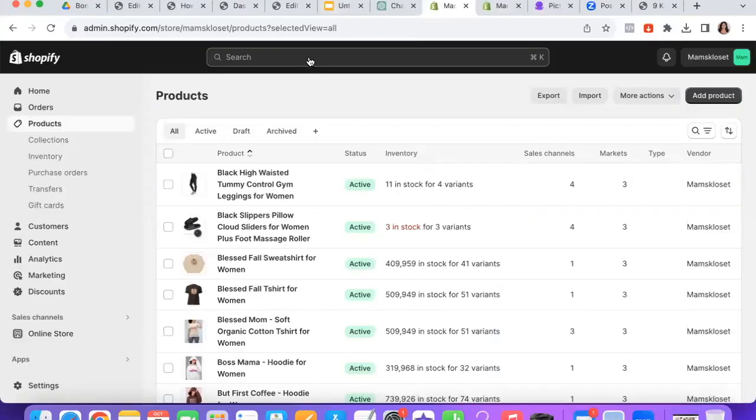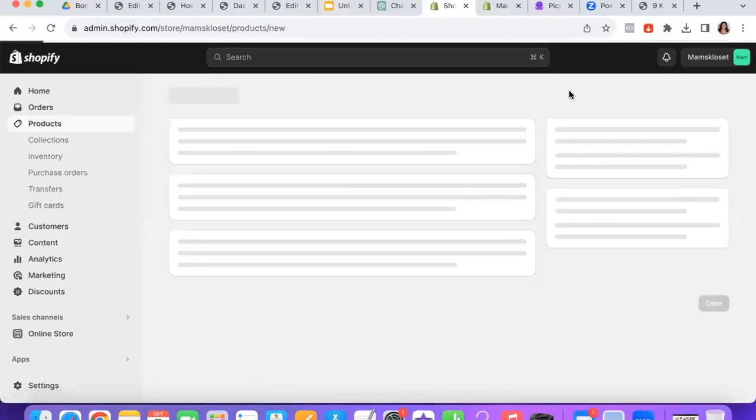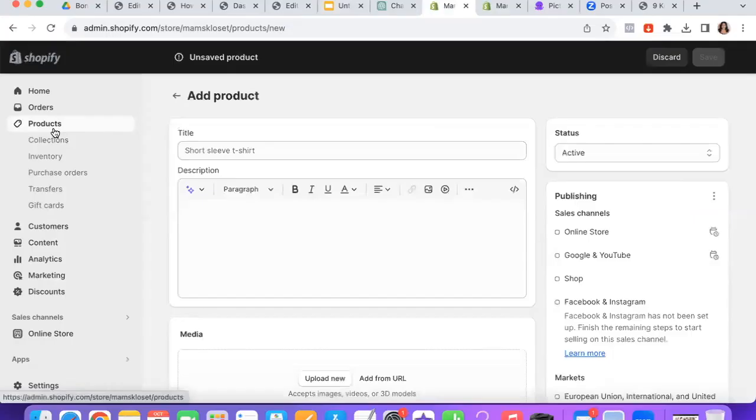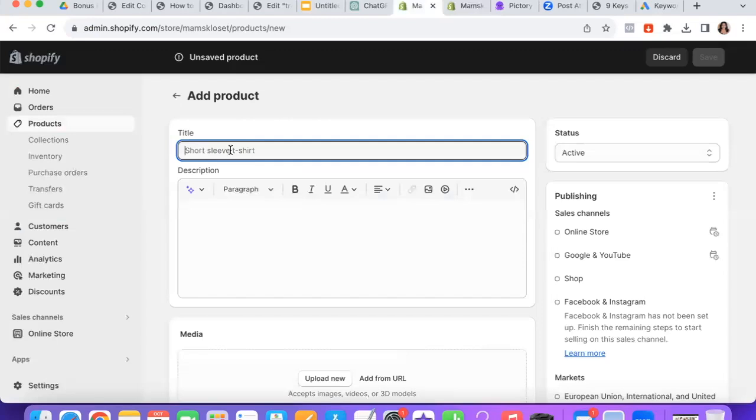Okay. So in order to start selling ebooks on your Shopify store, I'm just going to show you guys an example of how that is likely to work. So in order to do that, you want to go to your Shopify dashboard, go to your products, and then you just want to add a new product. So go to your Shopify store, go to products, and then add a new product. Okay, so the first thing that you want to do here is you want to give your book a title. So this is obviously going to be the title of your ebook or whatever digital product you are trying to